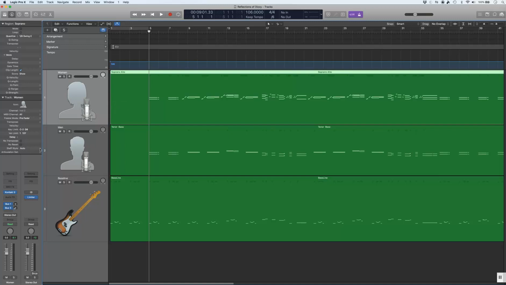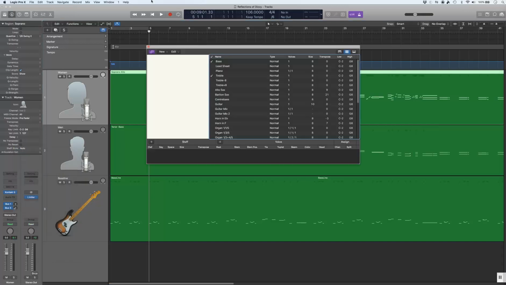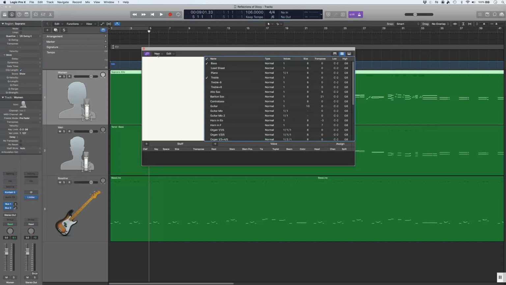So I'm going to create a custom staff style here, and the reason we're doing this and using the score editor is, first of all, we'll see all this in notation, and secondly, we're going to be able to, like I said, split out all of these voice parts in such a way that hopefully it's going to be a lot faster. So we're going to go to the open staff style window now,